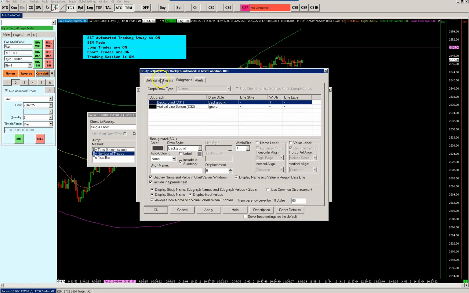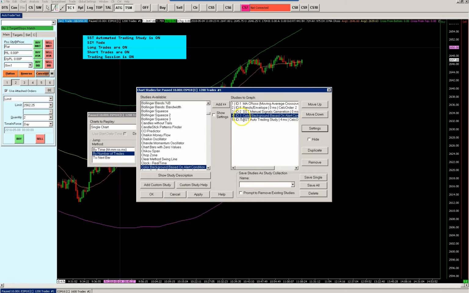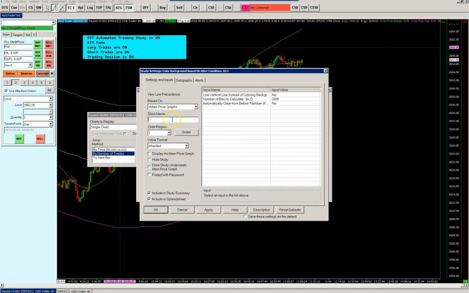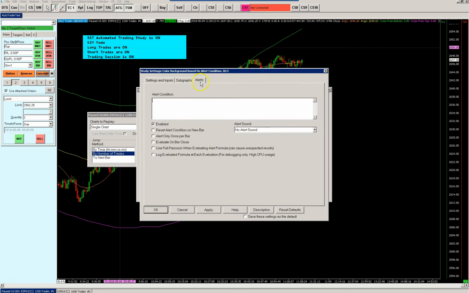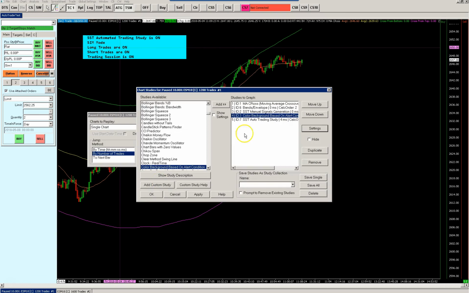So this will be the long visual. See the ID2, yeah, the long visual. Alert condition will be ID2 HD1 equals to 1, and we're gonna color the background green, and then we duplicate that